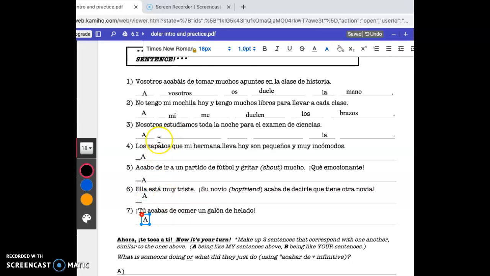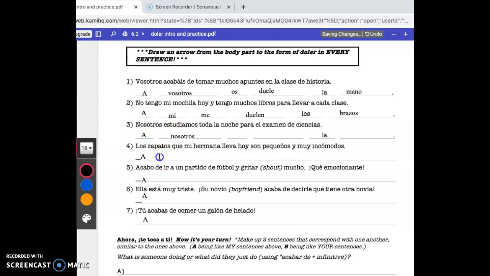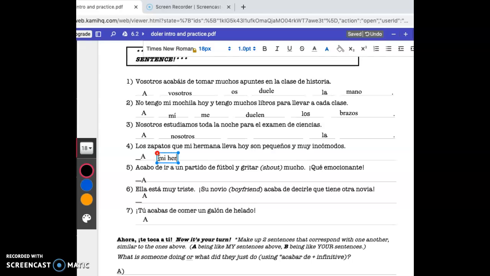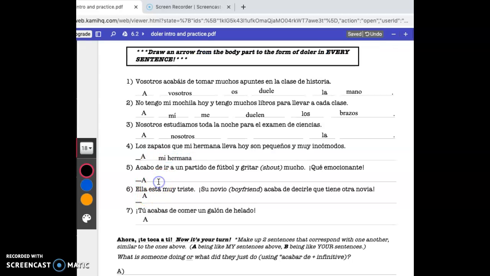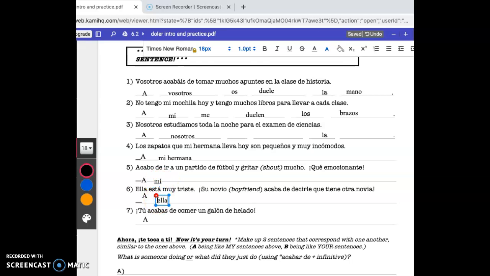And then there's always the name, like nosotros, or mi hermana, or if this is a mí, then it's me, right? A mí, a ti, a ella, and then you need me, te, le, all throughout here, duele or duelen, and then